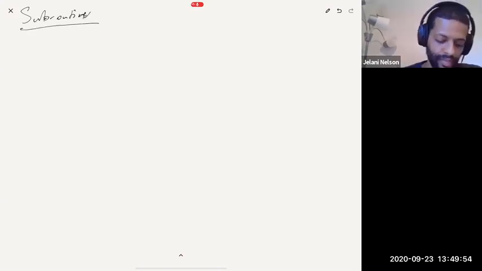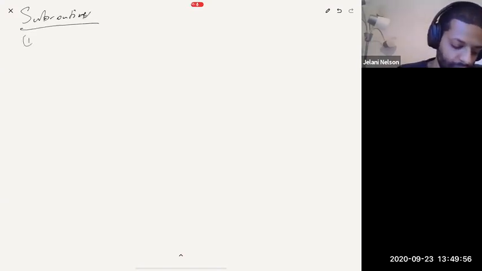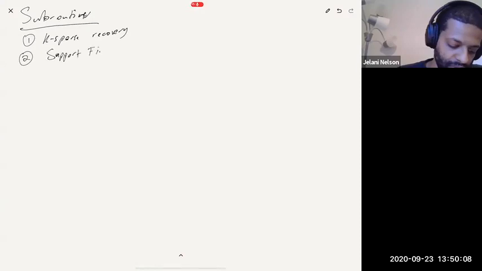Okay, so first, let's talk about some subroutines we need. One is something that I'll call k-sparse recovery. And the other thing is something I'll call support find. So these are both, let's say, I'll describe them both in the terms